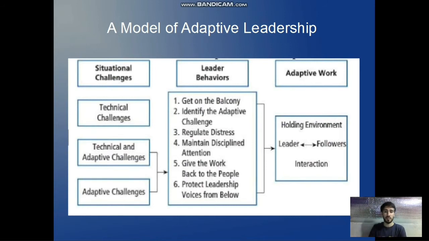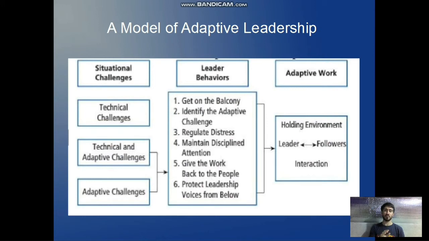The second component is the leader behaviors. There are a couple of behaviors. First, get on the balcony. It means stepping back in order to see the whole picture of the situation. Second, identify the adaptive challenges, identifying and analyzing the challenges in order to find a solution. Third, regulating the stress of the followers. And fourth, they maintain disciplined attention. It means focusing the attention,